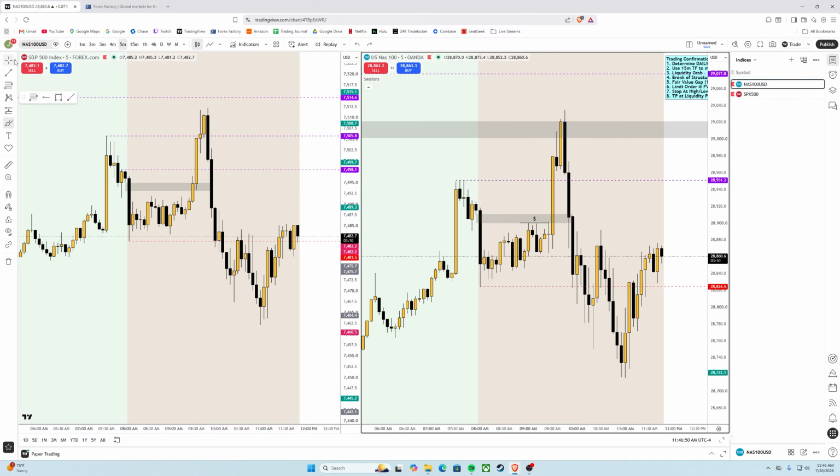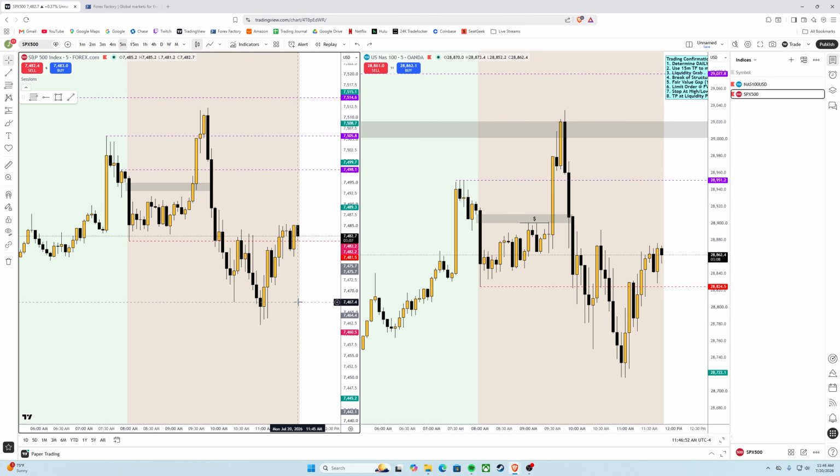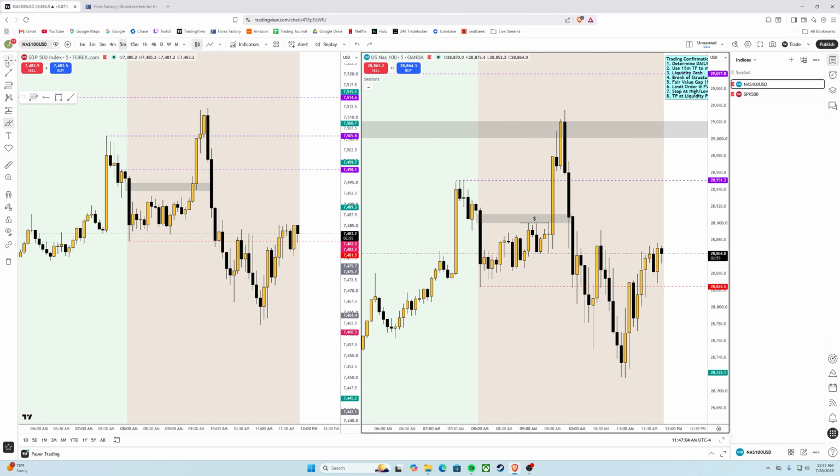Now, there's going to be some people who might ask, well, Joel, why didn't you just go for a sell? Because price took out buy side liquidity, and you could have taken a sell and then take price all the way down. The reason why I'm not going to do that, and I didn't do that, is because we entered with a bias towards the upside. So I was bullish on the day. So that means I'm only looking to take buys. I'm not interested in taking sells.